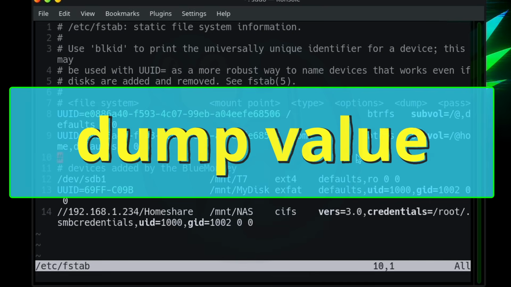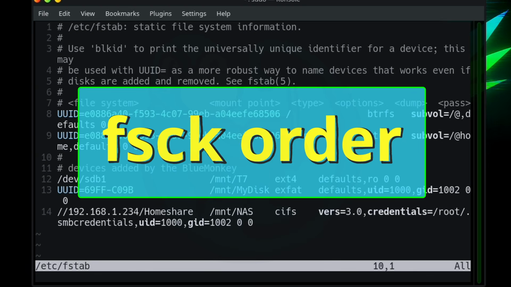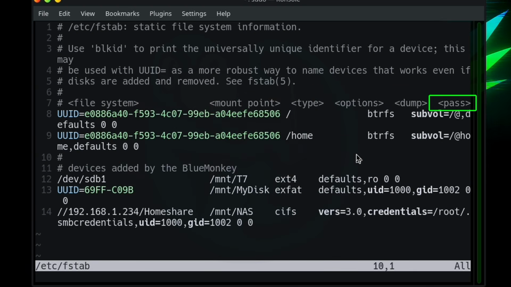The fifth field contains the dump value, which was used by the dump backup utility. And that just isn't really being used much anymore. So I've pretty much only used the value of 0 to denote that the system will not do the dump backup. The last field tells the system in which order to run the fsck utility for file system checks during